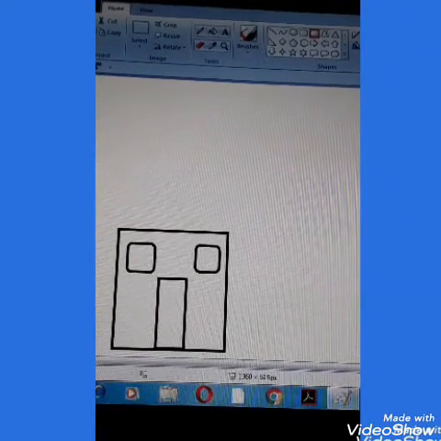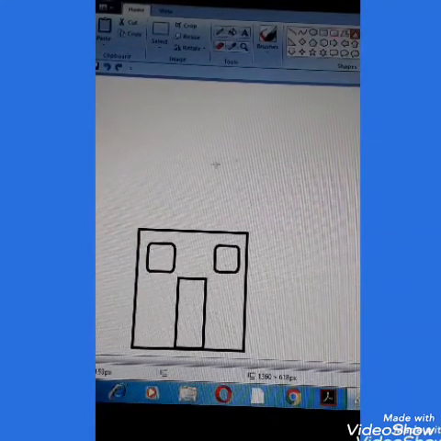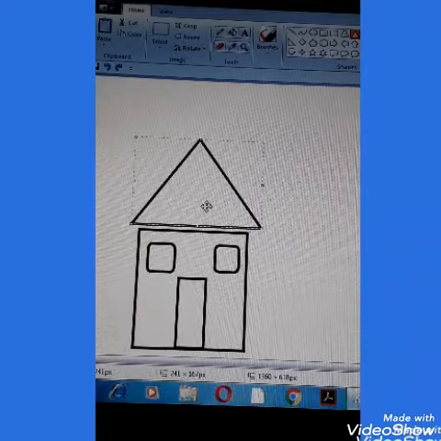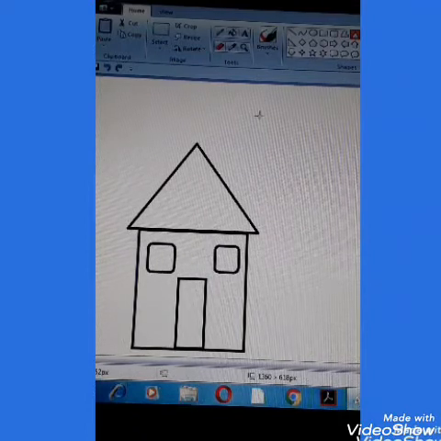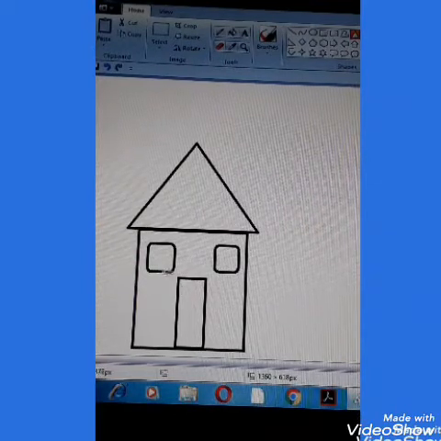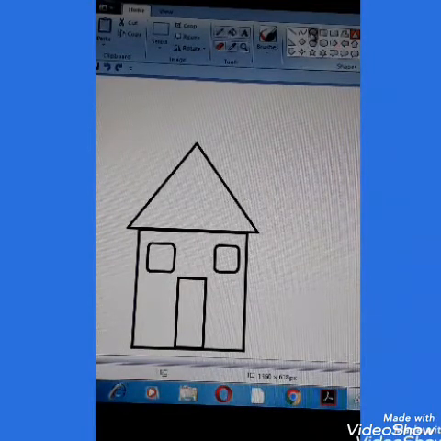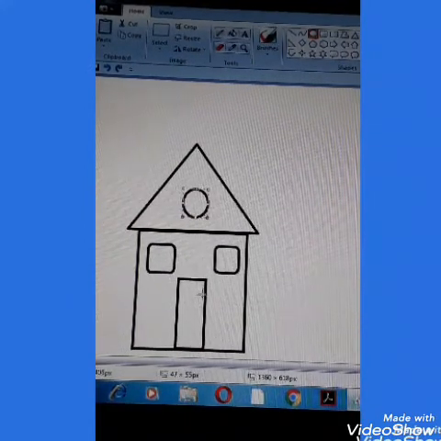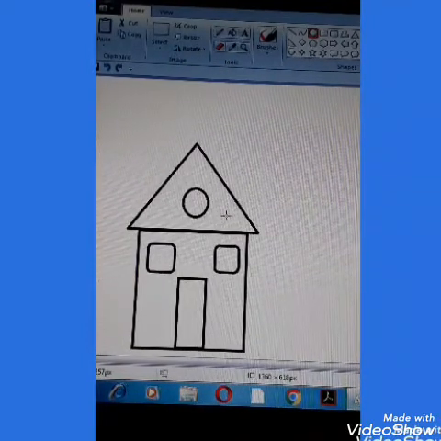For that I am going to take the triangle tool. You can see here triangle tool. Bring it and drag it. You can change the position, you can resize. Once you get the desired shape, then only you click outside. So our house is ready. For doing this house, we have used rectangle tool, rounded rectangle tool and the triangle tool. Here we will do one small circle. So 1, 2, 3, 4 shapes you have used for doing this house. Now we will color it.